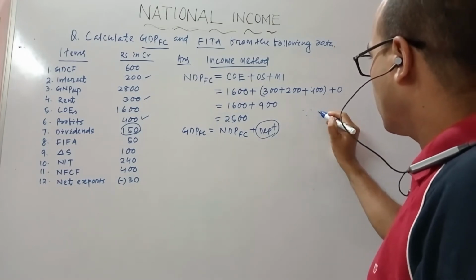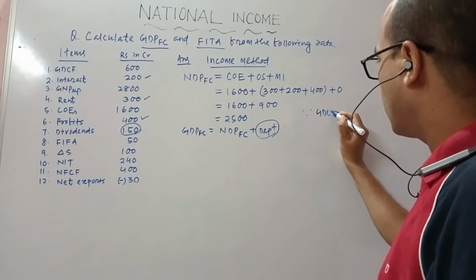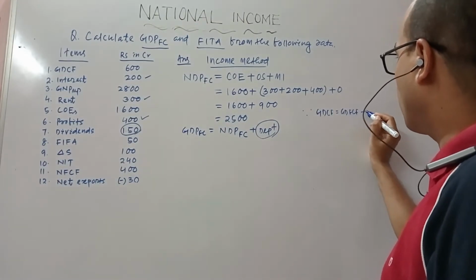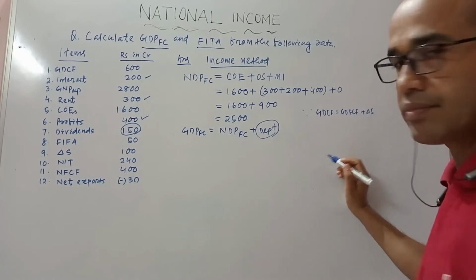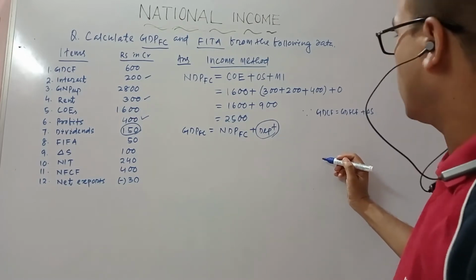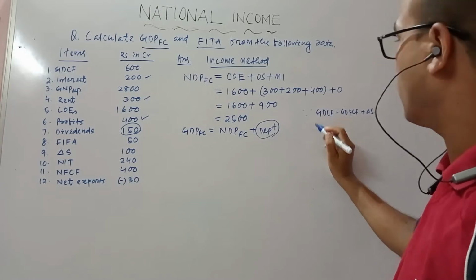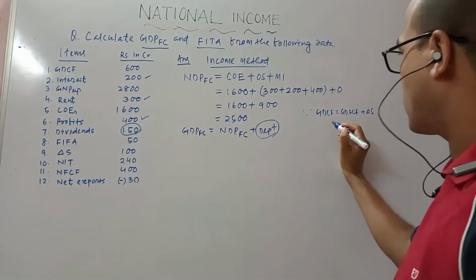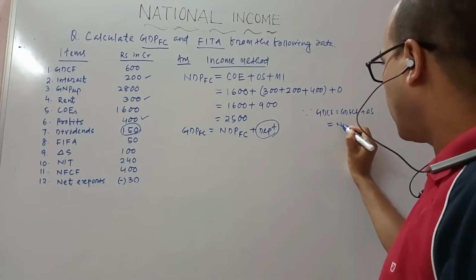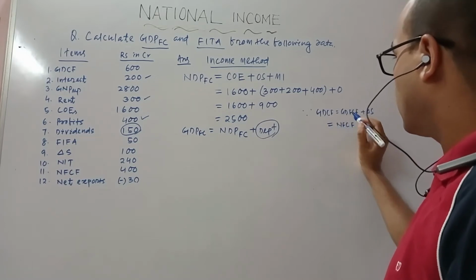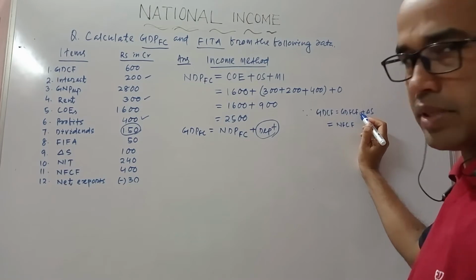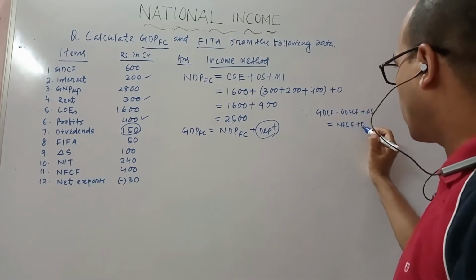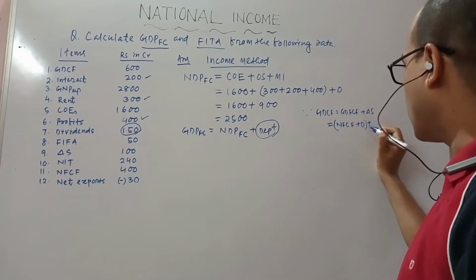Now here you write GDCF is equal to GDFCF plus change in stock. Okay. But in this question, that GDCF is given, but GDFCF is not given. In the place of this one, what is mentioned? Now, NFCF is there. That is called gross domestic fixed capital formation, or here is given that net fixed capital formation. What you do? Now you add depreciation plus a change in stock.